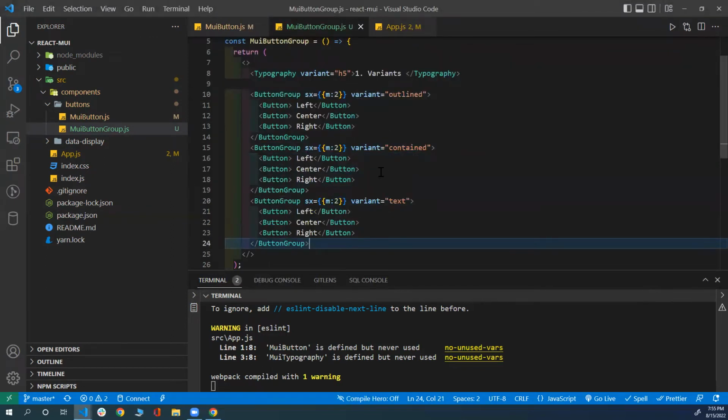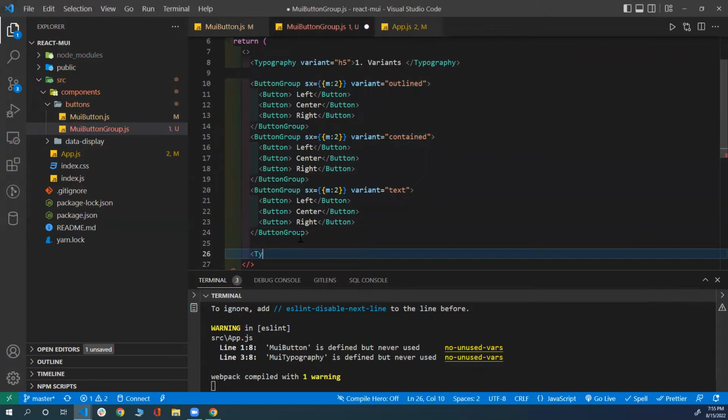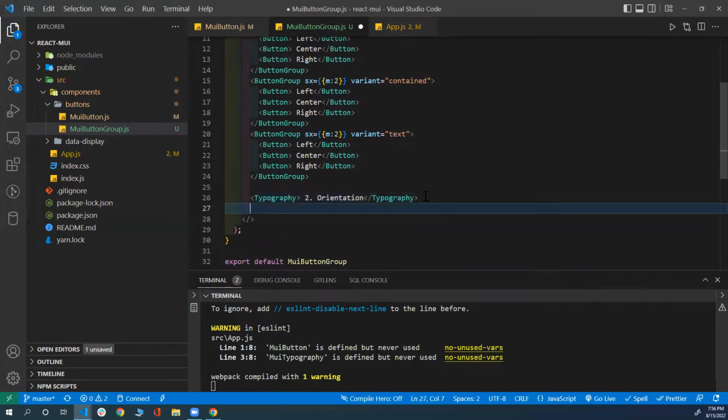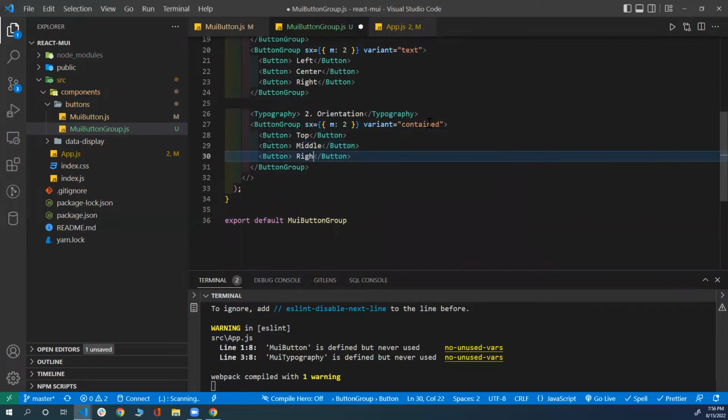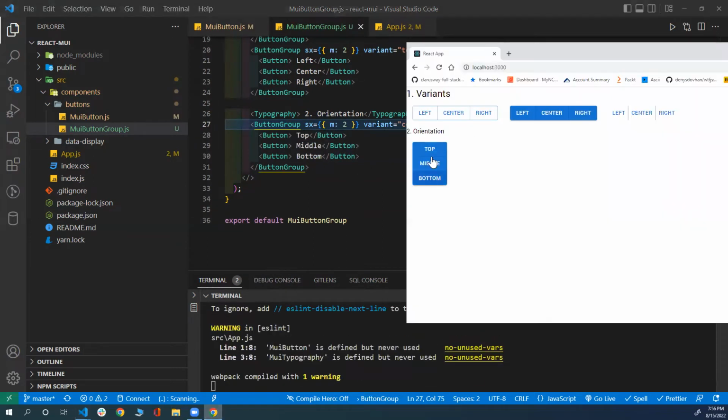Besides the variants, we can change the orientation. So let me add a heading here using the typography, orientation. And this is going to be number 2. And to set the orientation, I'm just going to copy one of these buttons, like the contained button. It's contained. And instead of left, center, right, I will add top, middle, and bottom. And in that case, we need to add the orientation prop, which we're going to set to vertical. By default it is horizontal. And if I save that,